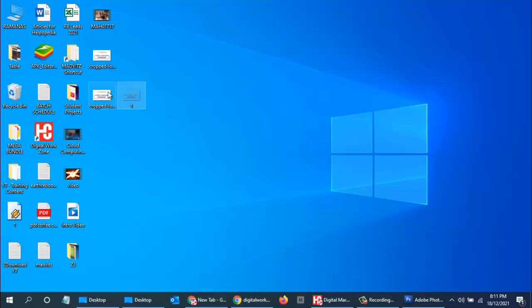Instead of the Chrome browser, on the desktop itself you can see the white background here, and over here this is transparent. Whatever the background is, it will take the color of the background.